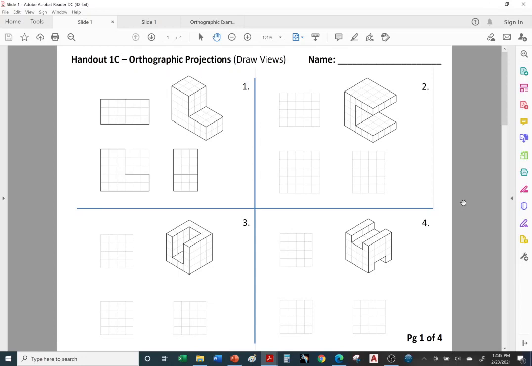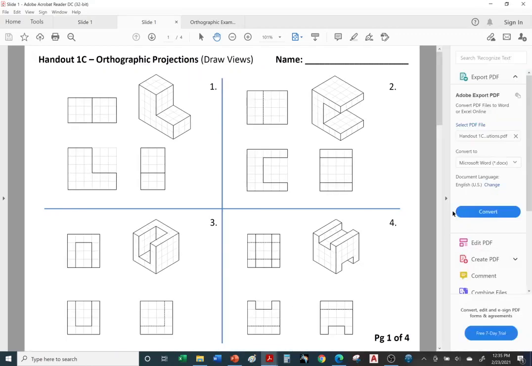And again, if you want to wait till the end of the semester to turn in all your work, you may. Just a reminder, it's going to be a lot of work. So don't fall behind. It's better if you turn it in as you go, but again, no due dates. All right, so